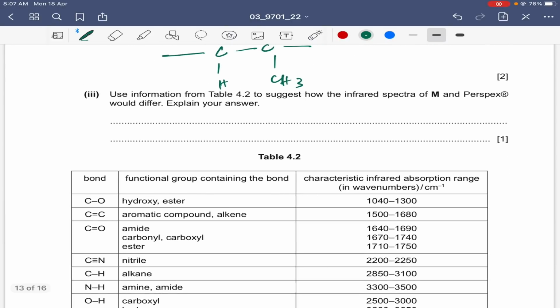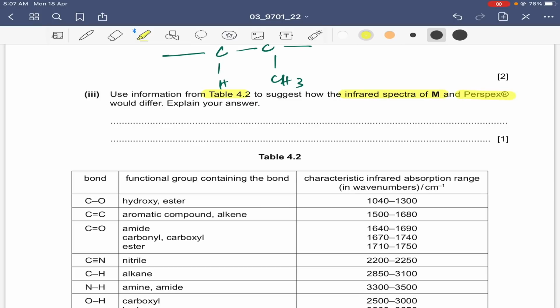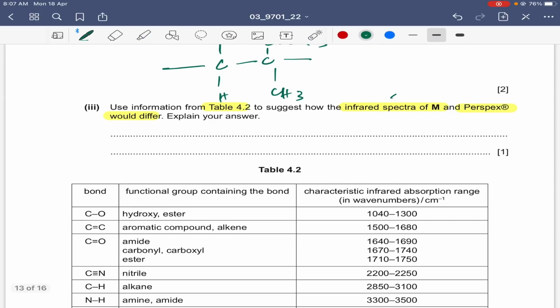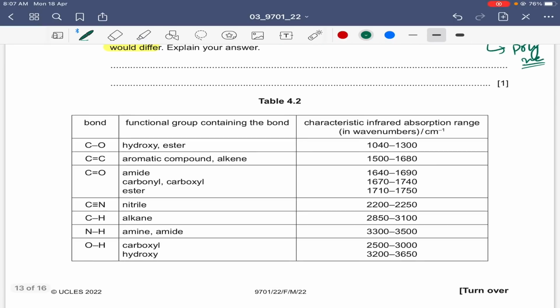Now, use information from table 4.2 to suggest how the IR spectra of M and Perspex would differ. Now just remember this thing, that M is the monomer and Perspex is the polymer, right? So the only difference between M and the polymer, chemically, is that M is unsaturated and the polymer is saturated. So explain your difference. Use information from table 4.2. In 4.2 they have given us some characteristic absorption ranges of certain bonds,